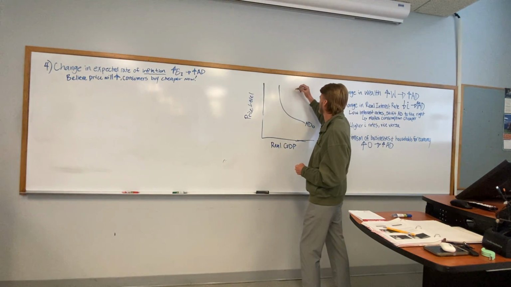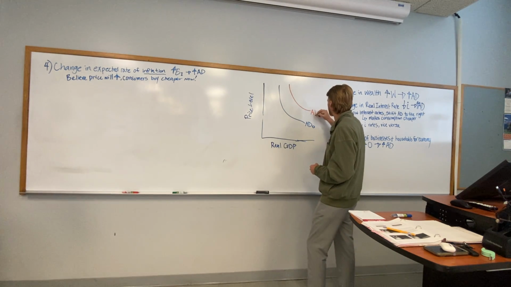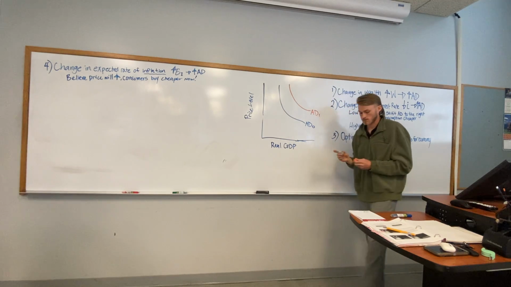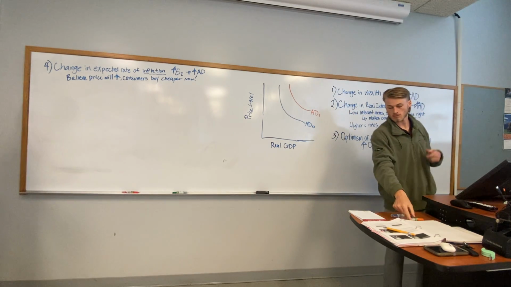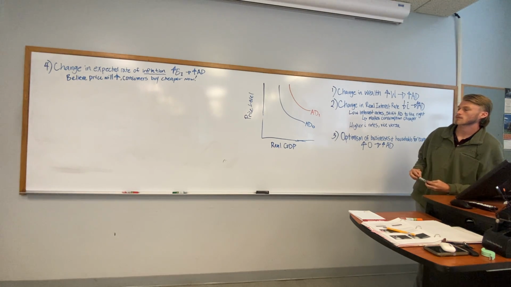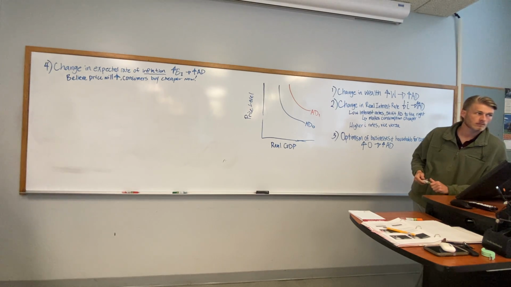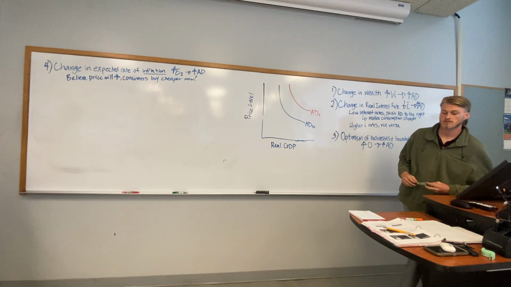So when inflation increases, they have an incentive to spend more, which shifts the demand curve to the right. And if inflation is expected to decline, they have an incentive to wait for the lower prices before buying. So that shifts the demand curve to the left. Does that make sense to everyone? Any questions on that? Okay.